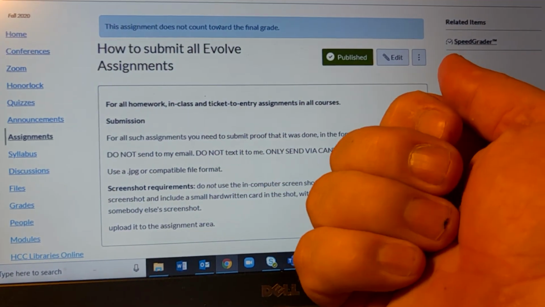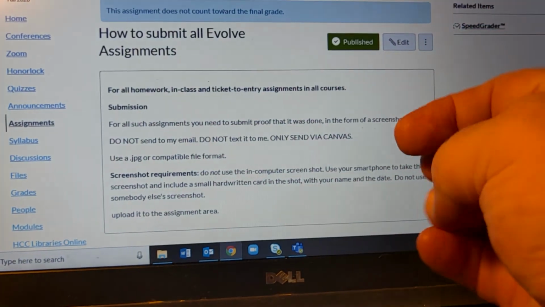And when you take, how's my fingernails? That's a bruise. When you